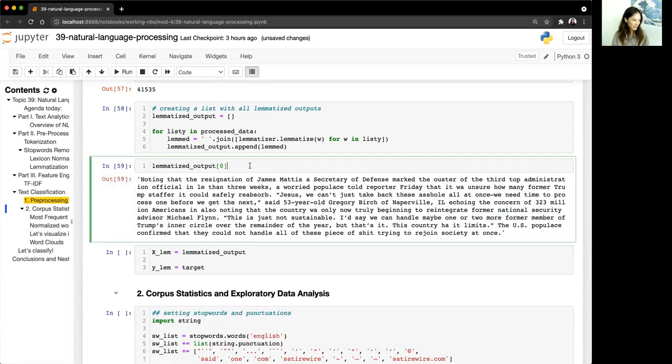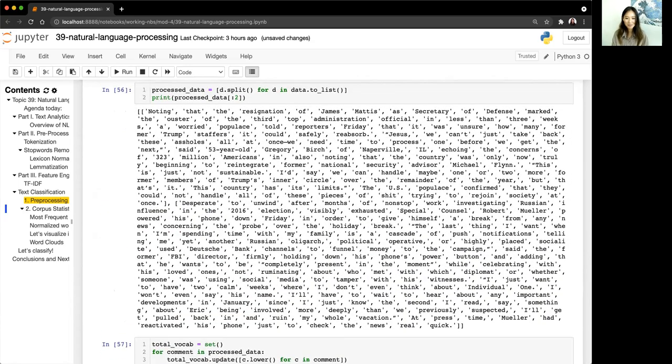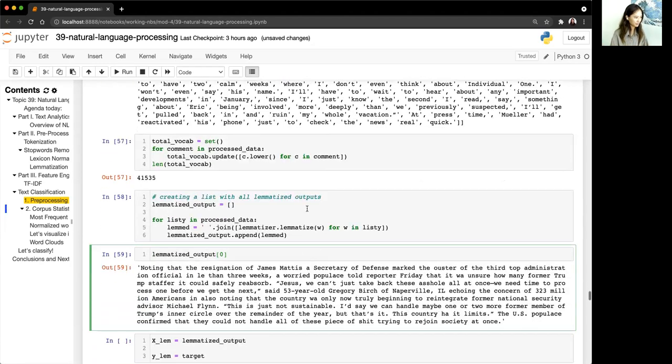Now, the lemmatized output is still a list of strings, and it has to be a list of strings to go into your vectorizer, unfortunately. So when you tokenize your words to do your EDA and all that, you kind of have to untokenize before you put it back into your vectorizer. We'll see that in a little bit. So tokenization usually does help with your EDA. You have to put it back together to feed into your vectorizer. We'll see why. A quick question.